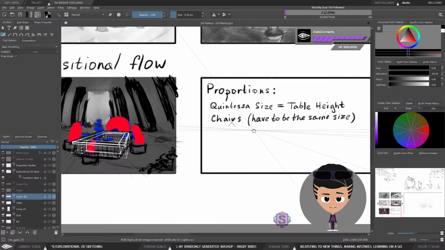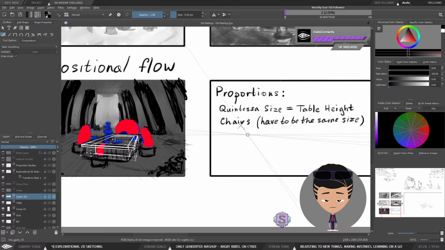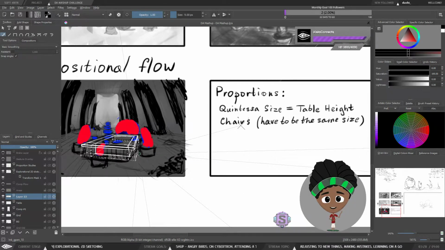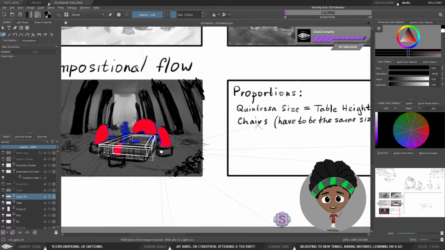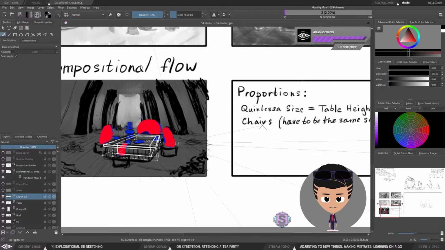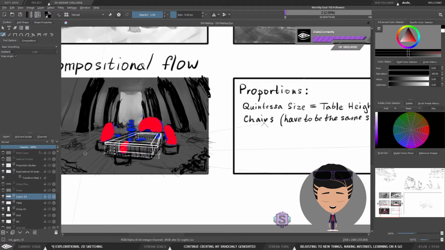Yeah, they're going to have different designs, different placement, but they have to be the same size, and showcasing this size throughout the whole composition and throughout our perspective changes is going to be much easier when we use 3D for analyzing how these chairs are placed and how we would properly showcase their